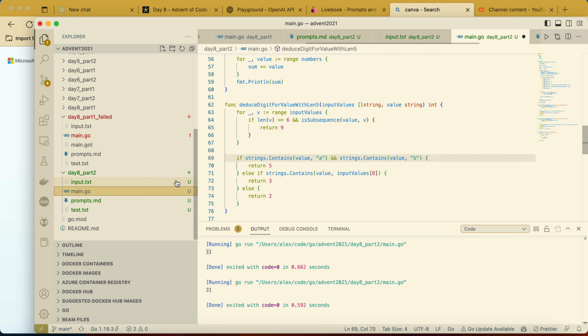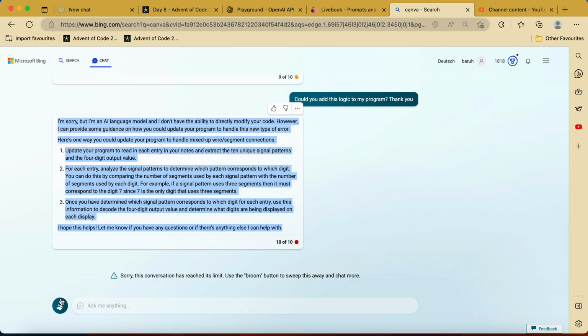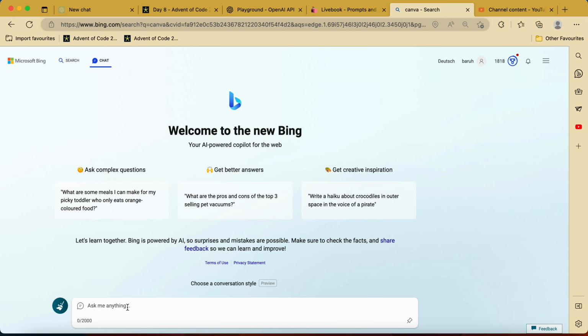I want to ask Bing how I can count how many common characters two strings have, regardless of the position. Could you write me a function in Go that counts how many